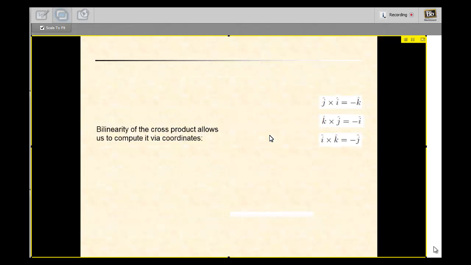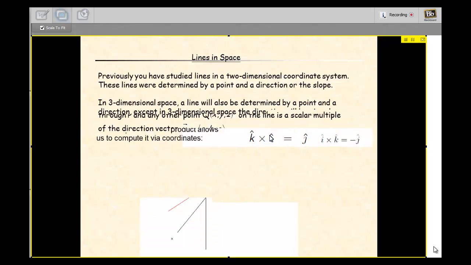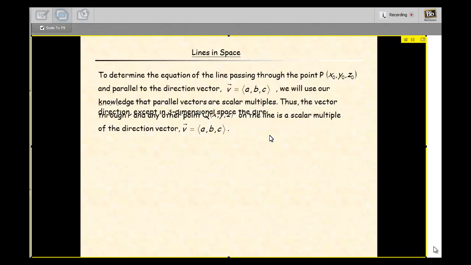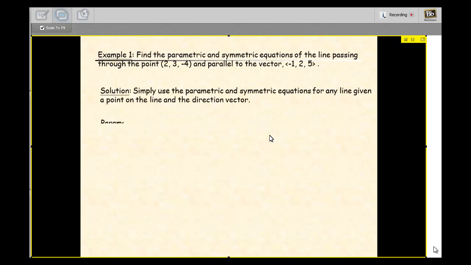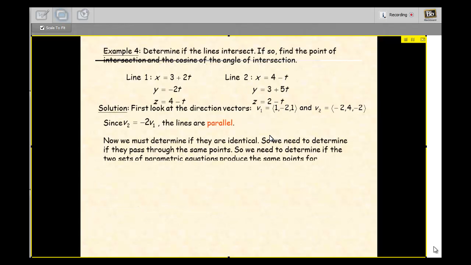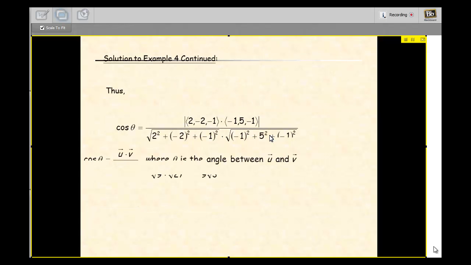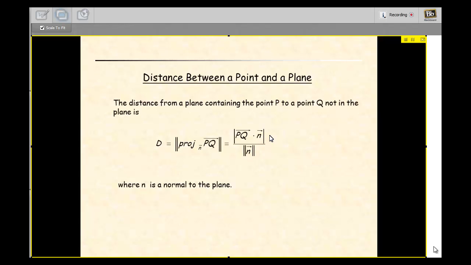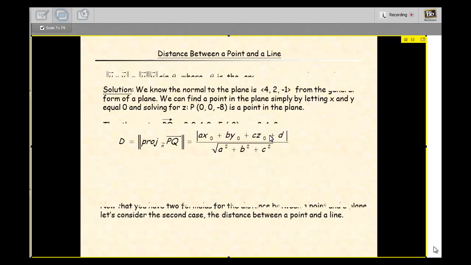So there are several examples here. There are the line spaces, so you can read it. There is no need for me to go through it. You can read it. So next topic is